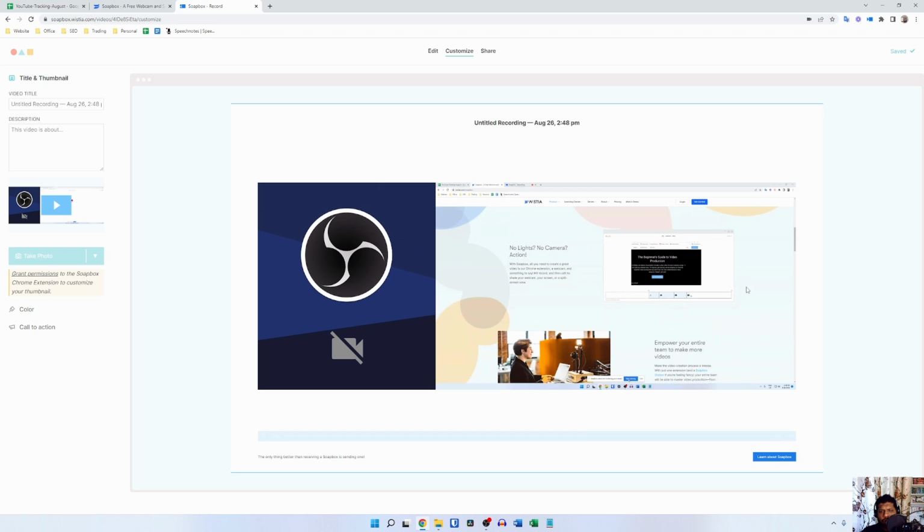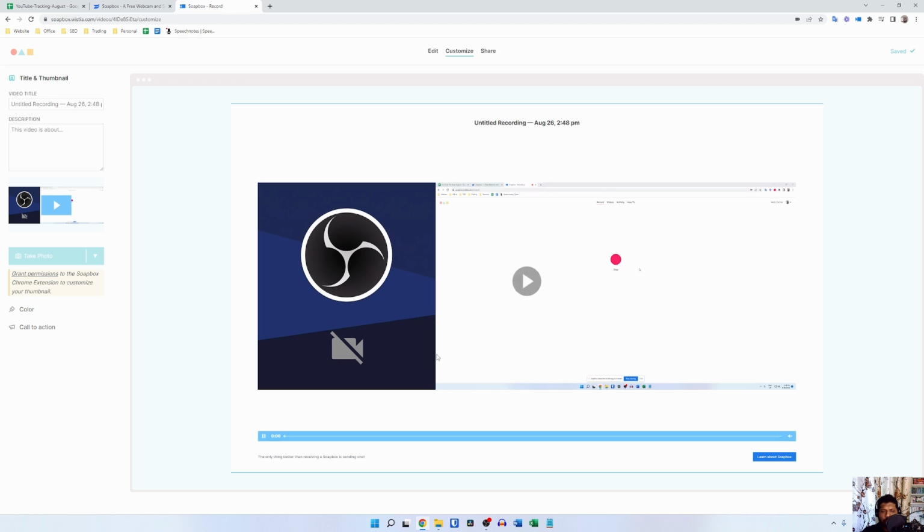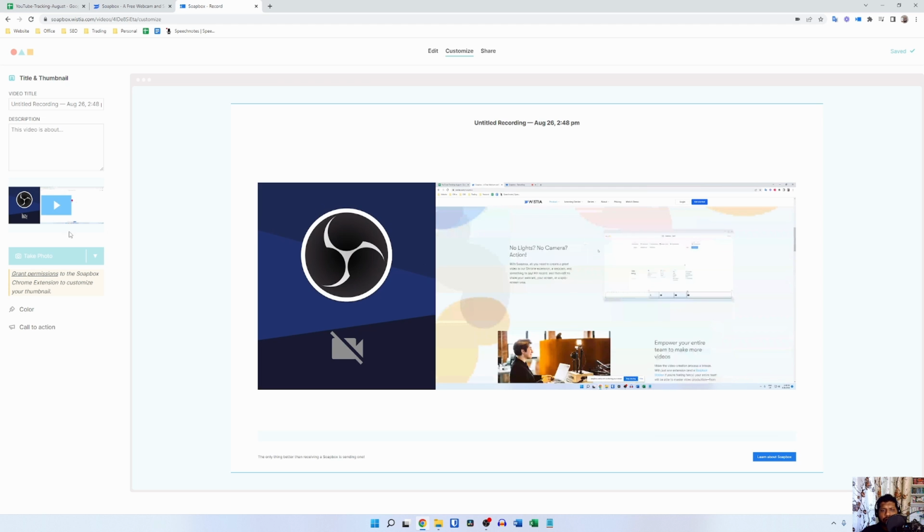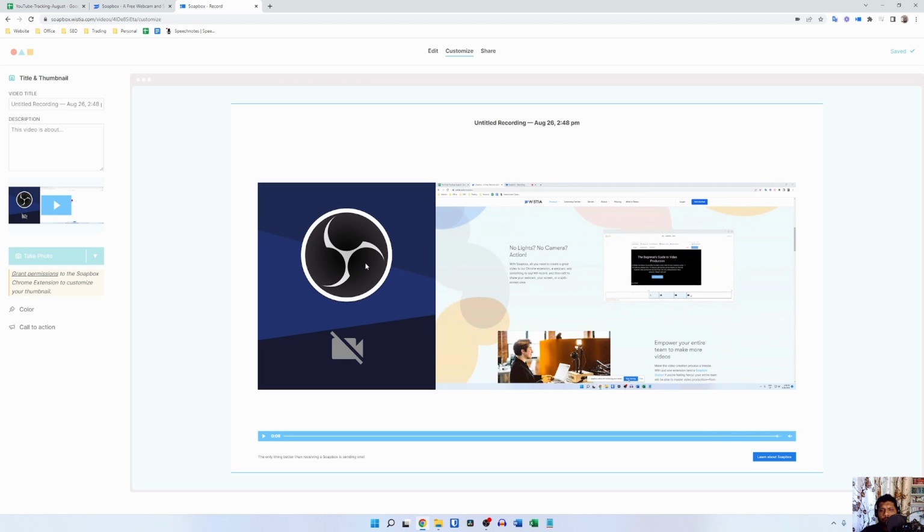In many web applications, they actually give you the option to include the webcam footage at the bottom corner of the footage, so your entire screen is not covered by your webcam footage, or your webcam does not take a lot of space on the screen. So if a webcam footage is taking most of the screen space, then the actual content will not be visible for the audience. And for that reason, I don't think I will be using this platform for a lot of